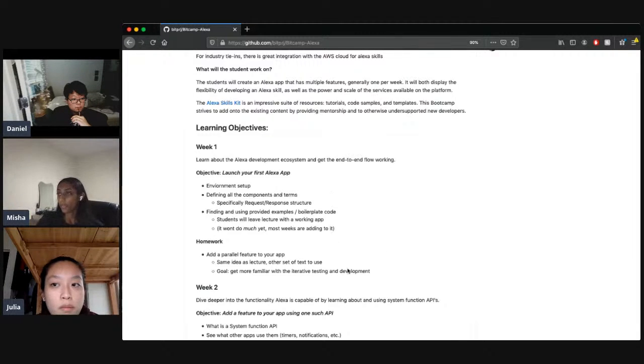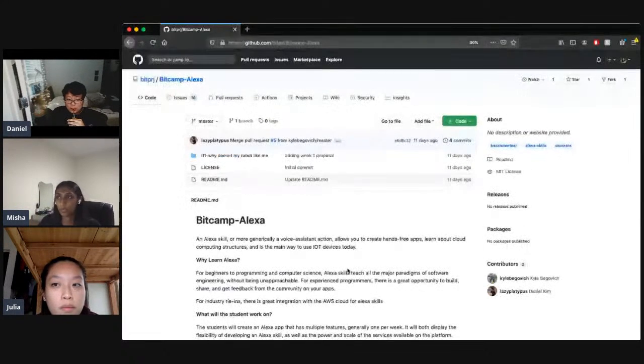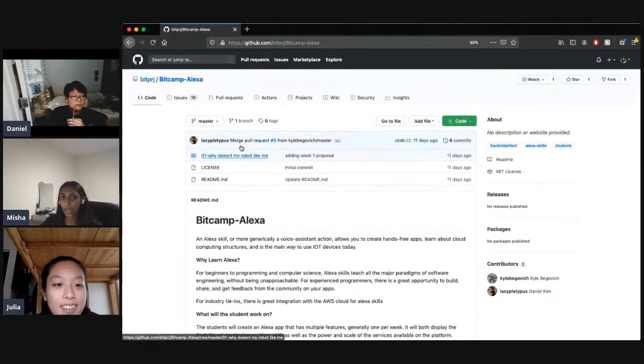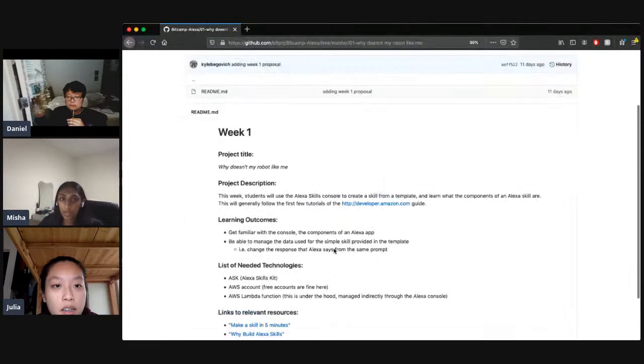So first thing we're going to do is if you scroll back up, you can see that there is already a folder for week 1. If you click on that, it will show another README. This is basically similar to what we just saw with the week 1 information. It has a little more details. So if you see the project description, it has that link to